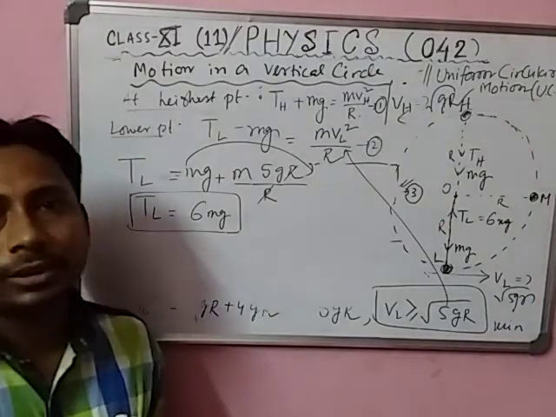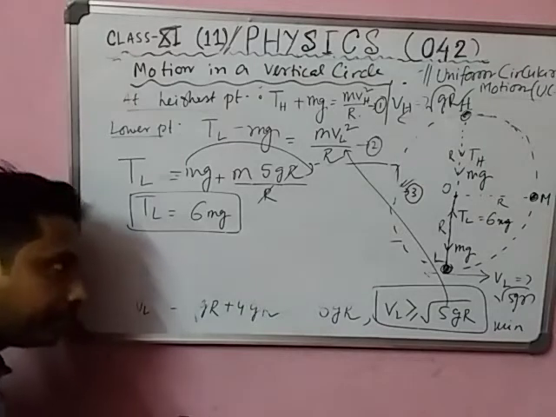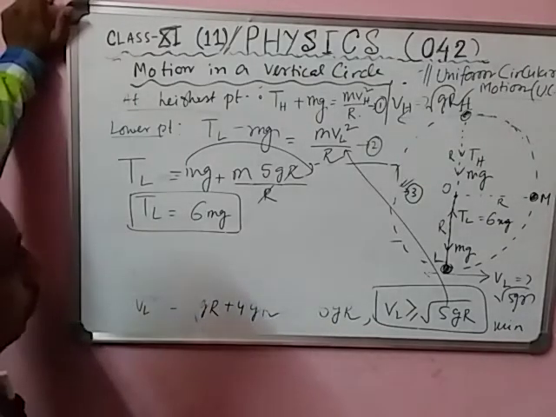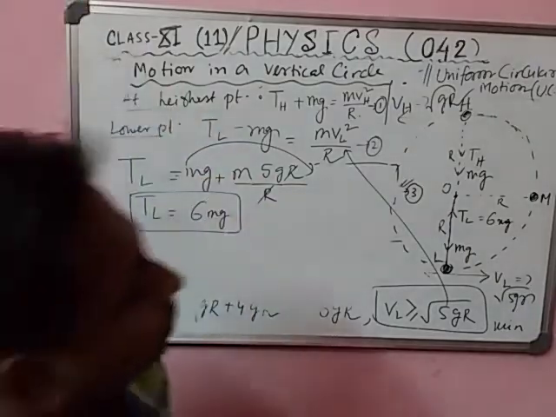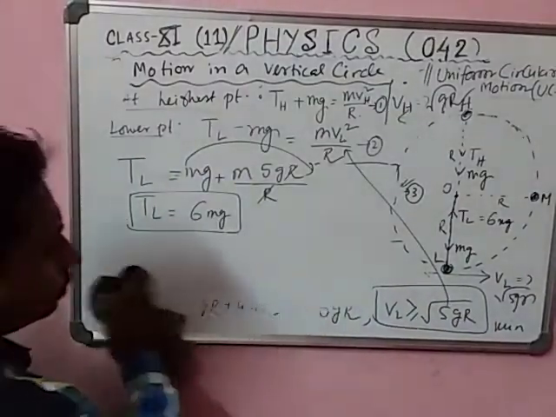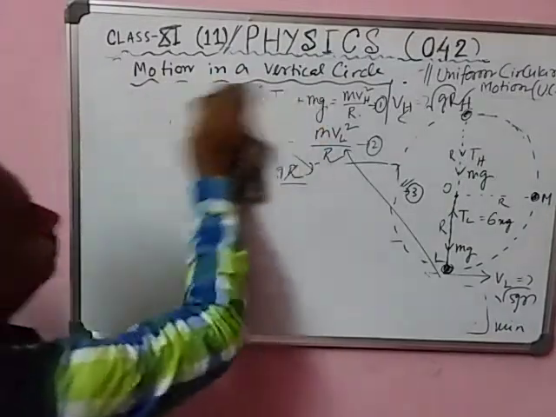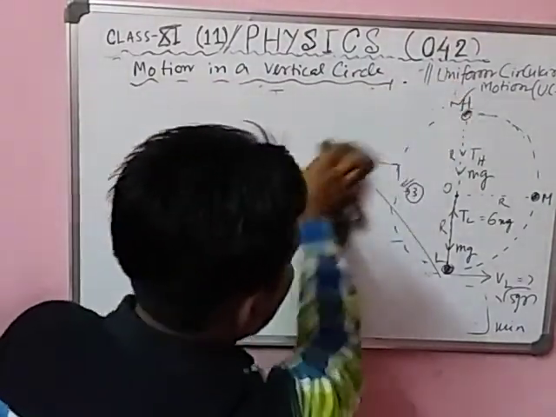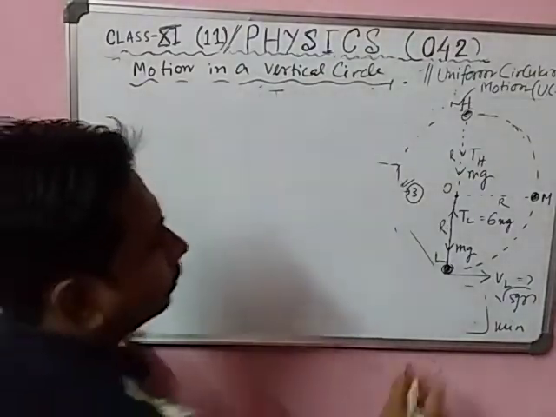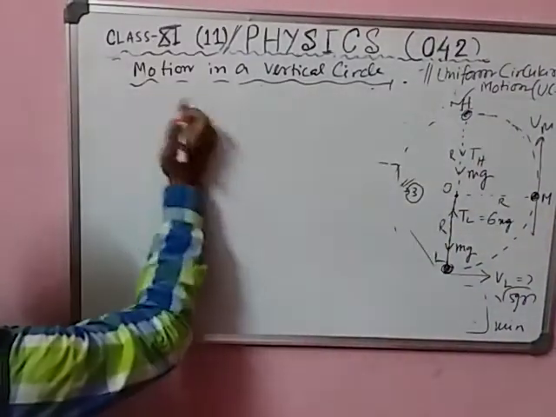I think students, you understood these things. Okay? Did you get it? Students, did you get it? Okay. Now think, if you want to find the velocity at the midpoint, then how will you calculate the midpoint velocity? You think. Same thing will apply. So the midpoint velocity Vm, the direction here. So you can apply energy conservation.